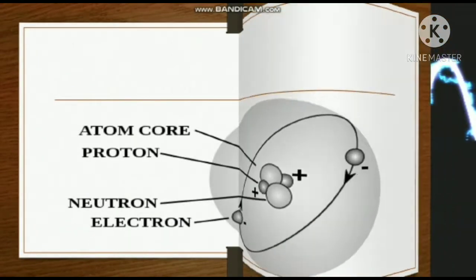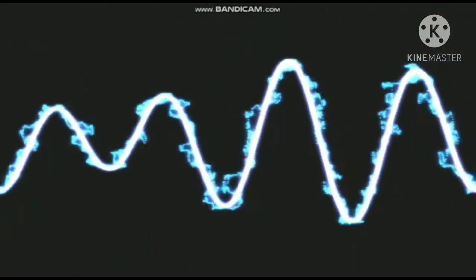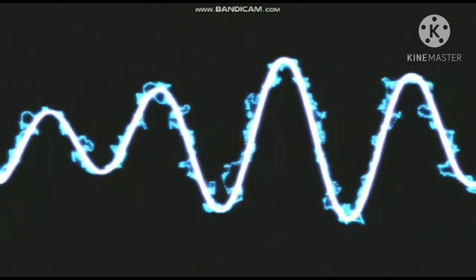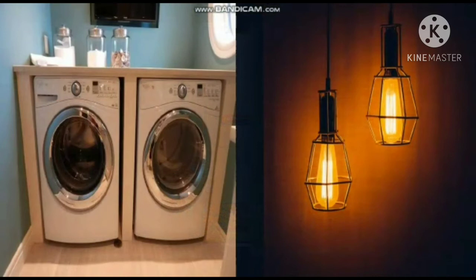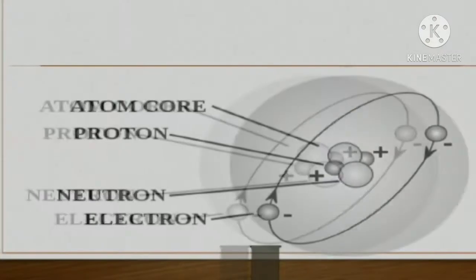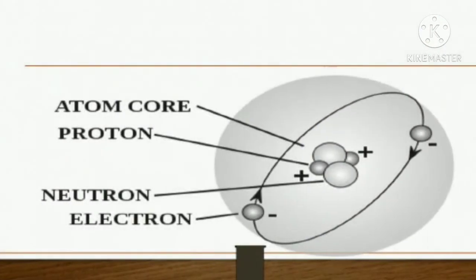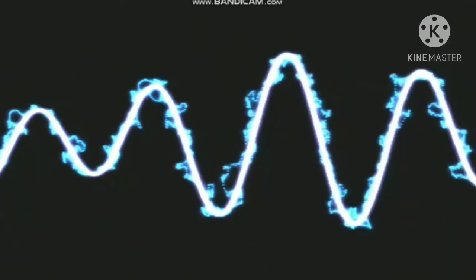We use this flow of energy, that is the electrical energy, in our daily life to run various appliances like washing machines, refrigerators, electric bulbs, fans, iron box, etc. So in today's lesson we are going to study about electric charges and how they are transferred. This lesson will also cover electric circuits and the effect of electric current.